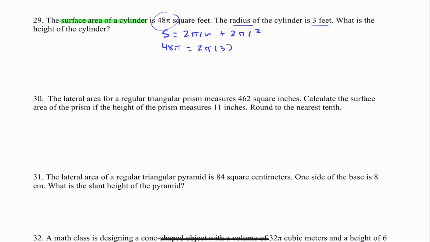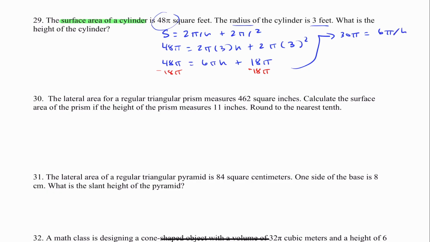And I don't know what the height is, so I'm going to leave that alone. So plus 2 pi 3 quantity squared. And then I'm going to go ahead and simplify. So that's going to be 48 pi equals 6 pi h plus, so 3 squared, that's 9, times 2, that's 18 pi. Okay, so now what I'm going to do is subtract both sides by 18 pi here. So 48 pi minus 18 pi, that's 30 pi, equals 6 pi